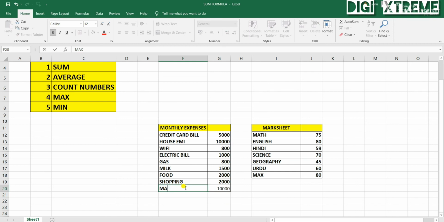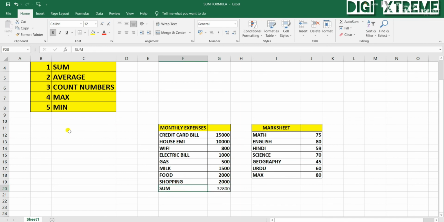This result we have got with the max. This is my maximum expenses. If I make any changes, like for credit card I increase to 15,000, now your maximum will change. Your max expenses will change. See why it got changed? Because we have applied the formula over this sheet.